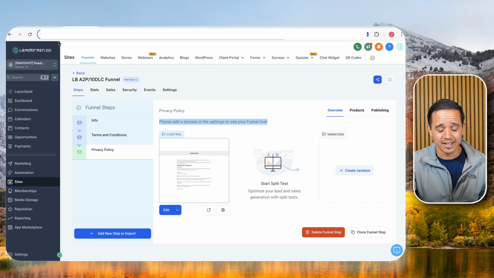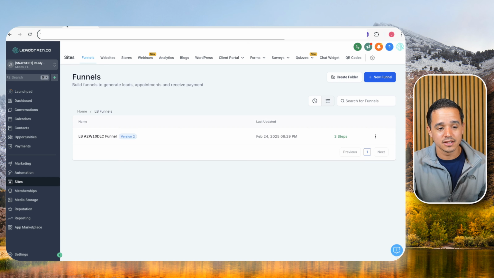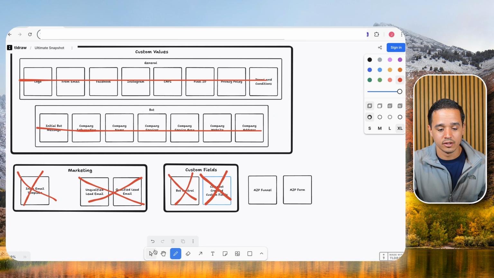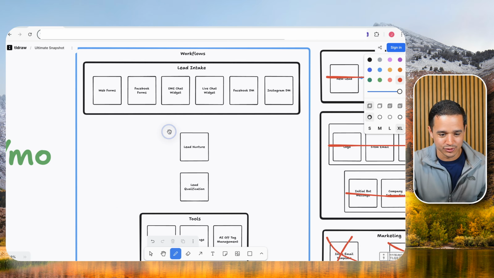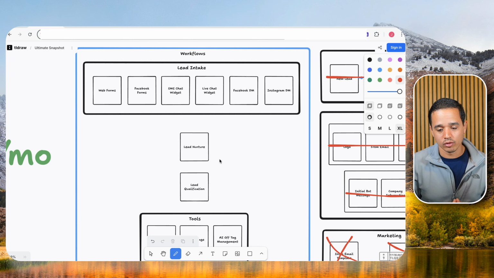So that covers the A2P 10 DLC funnel that is in there. And it looks like we have our form created. We have our funnel created. And now all we have to do is create our workflows, which is actually the hard part. So we've got a lot of work done up to this point. I told you this would be a long video, but now we're going to create workflows